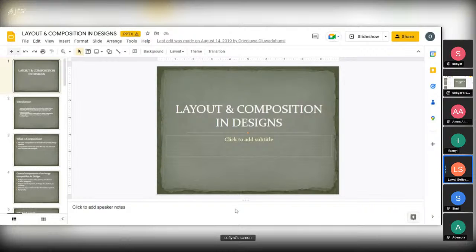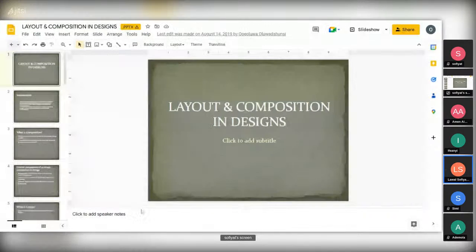Okay, symmetrical balance. We have two of them, I said symmetrical and asymmetric. So symmetric balance is the way you divide your page, your canvas, when you are trying to design. The way you divide it into two equal parts, that's the symmetrical balance.